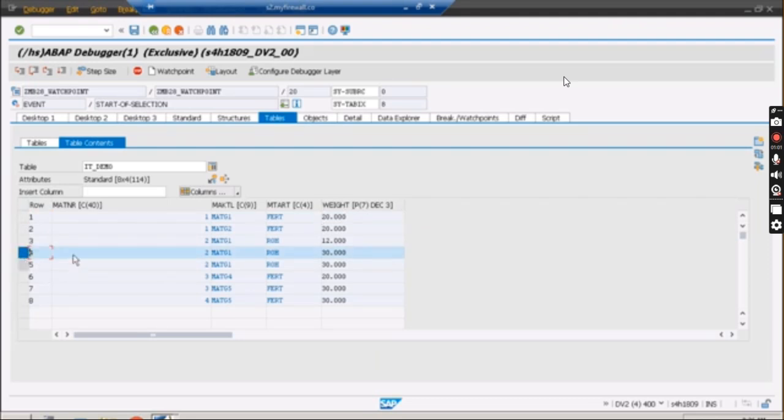You are interested in this particular 5th number row. Here you are interested in this particular material number. This material number is 2, the material group is MATG1, and the MTART is 30.